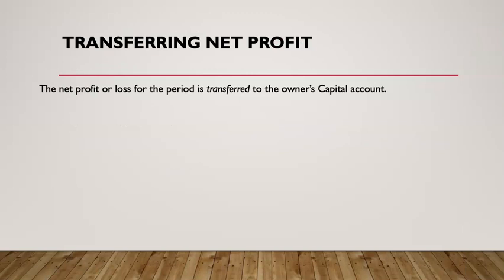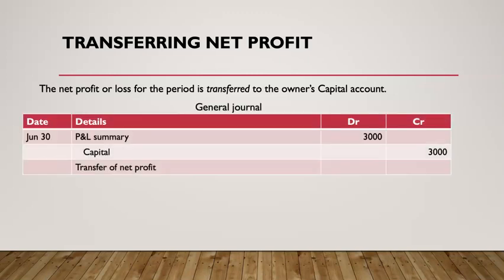To make this account zero, I need to make each side equal the same, and we do this and then transfer the net profit to a permanent owner's capital account. Remember, we record our profit in our balance sheet in the owner's equity capital section. It's important that the profit impacts the wealth of our business, the worth of our business, and that is where owner's equity comes in. So, to balance our profit and loss summary account, to transfer our profit from our scorecard